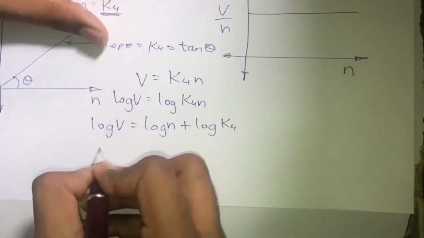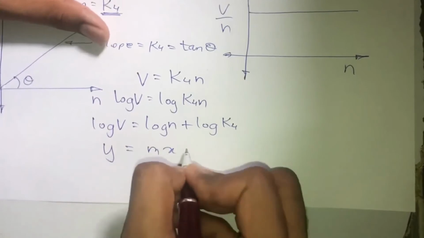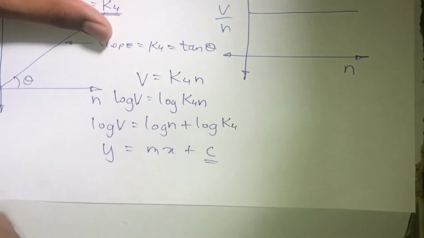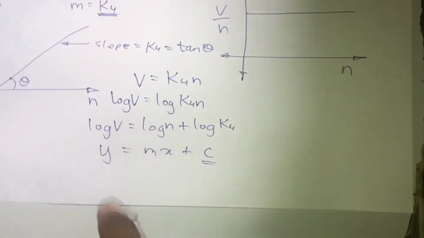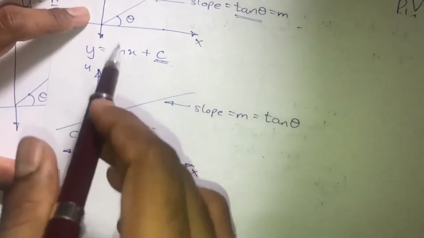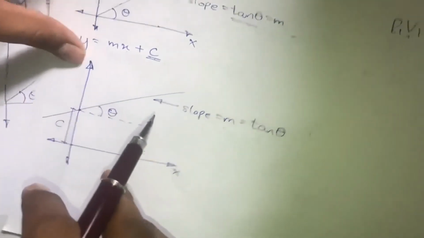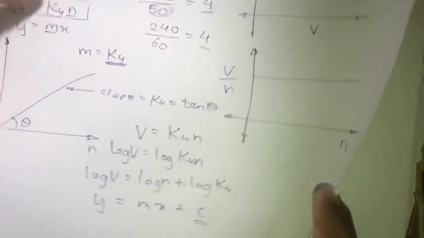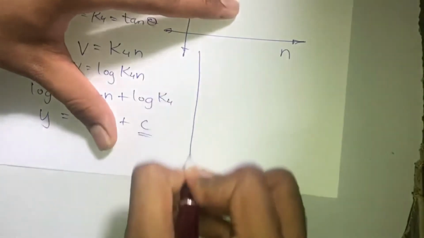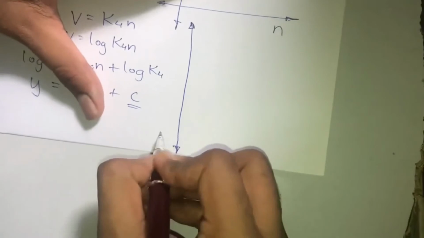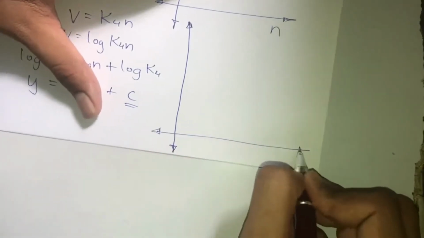Now can I compare them with the equation y is equals to mx plus c, where this c is nothing but a constant value? And as we all know, the equation of a line y is equals to mx plus c is such a line which does not pass through the origin, instead it cuts the y-axis. So let's see how we get a graph for this. Okay, so first of all I draw a y-axis and I draw the x-axis over here.